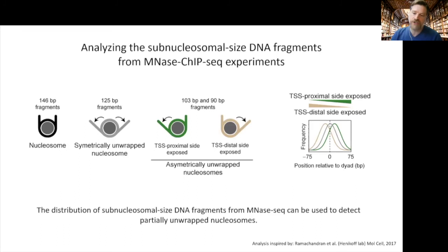So an answer to that, or at least a glimpse at an idea of that, came from investigating now the small fragments. Remember, the ChIP samples from these MNase extracts did enrich the internucleosomal size fragments, and I showed you the 2D plots analyzing them, but it also enriched small fragments that are smaller than the size of nucleosomes, right? So we analyzed that in more detail, and for that we were inspired by this very nice paper from the Henikoff lab, who showed that from these MNase-seq experiments, if you focus on those small fragments, you can actually